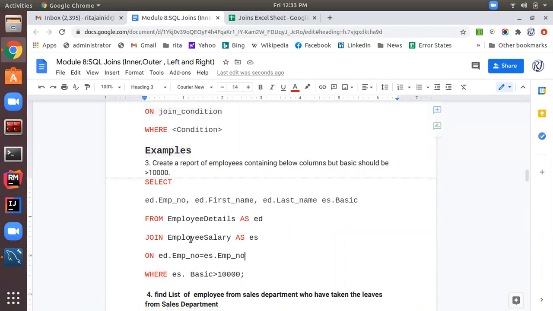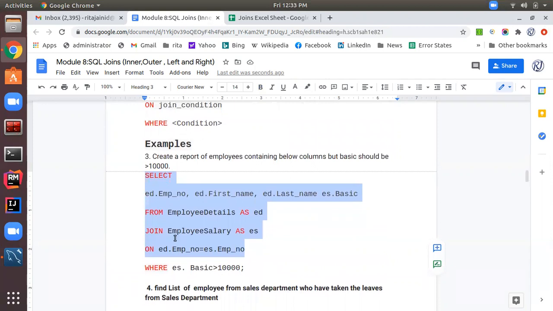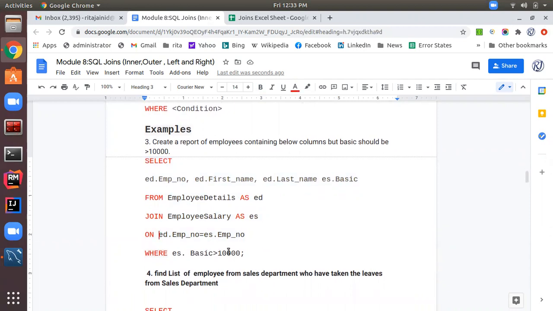If we want to display the basic salary of all the employees, we write the query like this, which I have highlighted here. But further I want to filter only those records whose basic is greater than 5,000. As you notice, I have used the where clause after the on clause. So we can further filter our result data using the where clause.